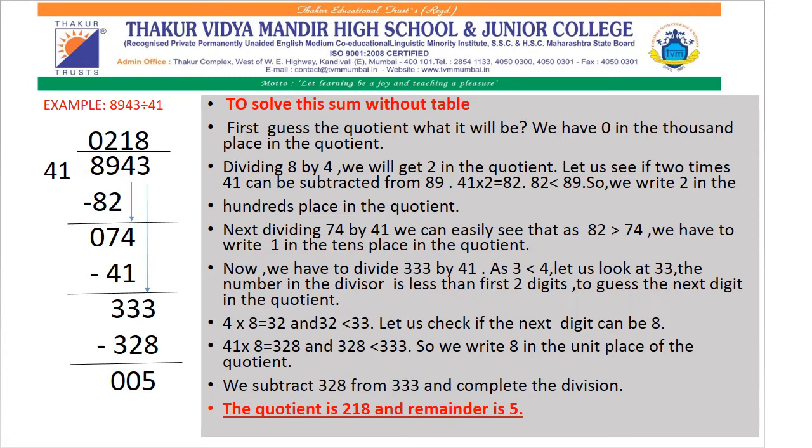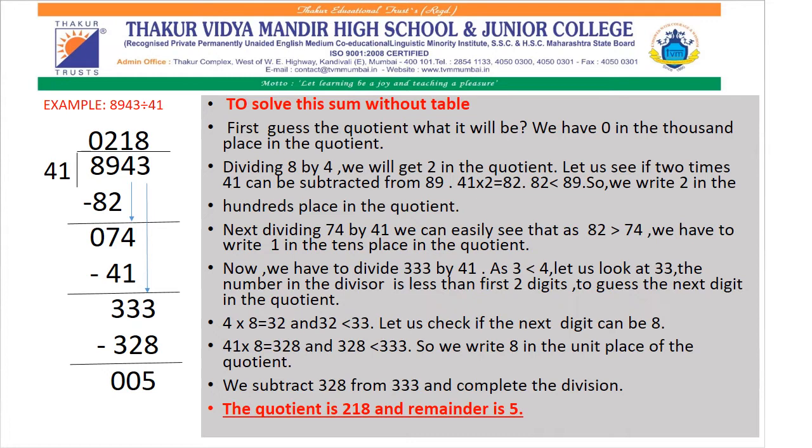Our sum is 8943 divided by 41. Now 41 is a very big divisor. We don't know the table and we are not supposed to write the table also. Now how to do it? So we'll do it by guessing the quotient, right? But first,